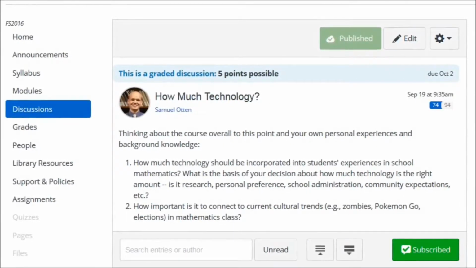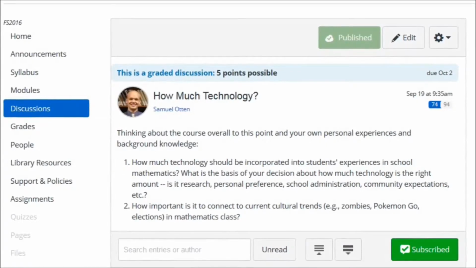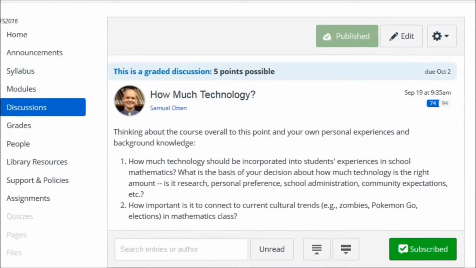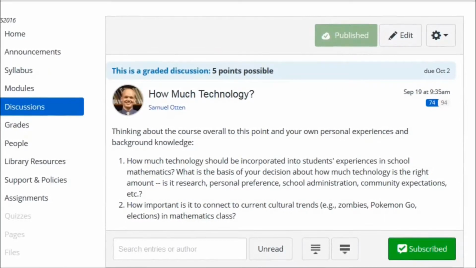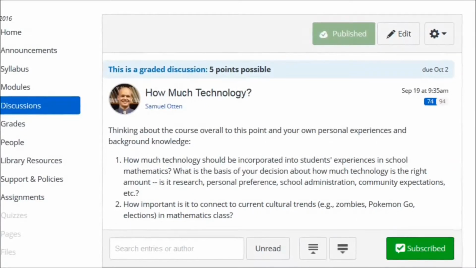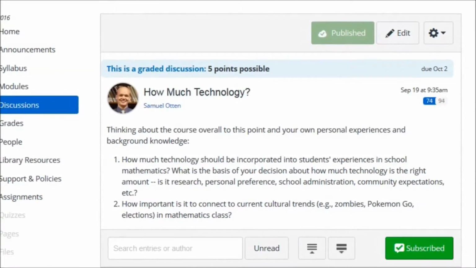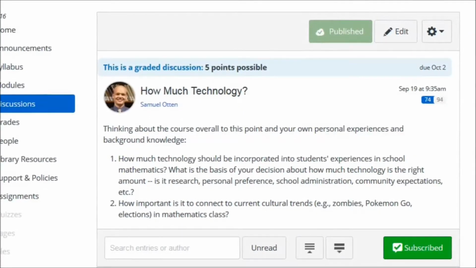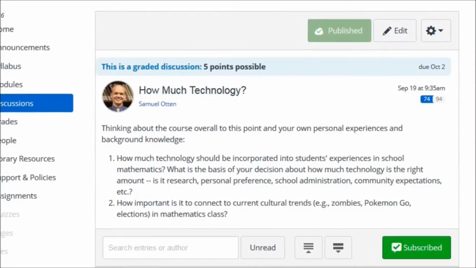So we asked you what the basis was for your personal relationship to technology, and it seemed like most people based it on their personal philosophy about teaching, and you gave rationales for that philosophy. A lot of you also mentioned knowledge of your students, and really thinking that my position on technology is dependent upon what engages my students or what helps my students learn. So that's a very justifiable position.